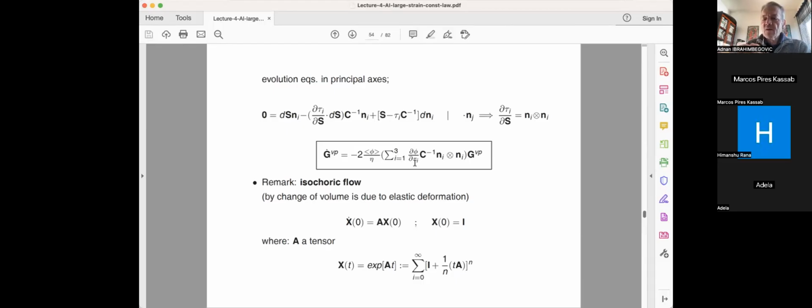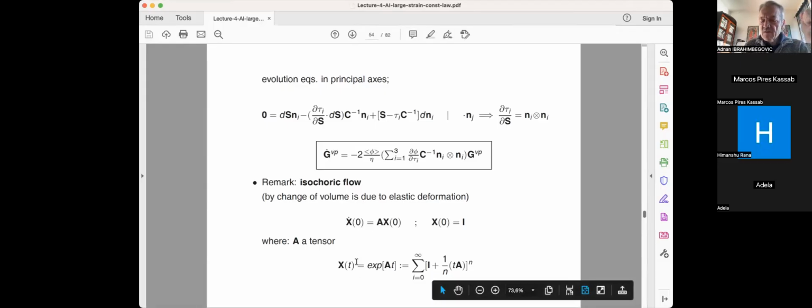When we started this, we did it with the Euler forward or a little backward and stuff like that. Another way, if you deal with tensors and you want to take into account something like J2 plasticity, which was the initial objective of our work, a very convenient integration would be to go through some kind of exponential mapping. Namely, if you have a function x dot equal to A of x and x of 0 equal to identity, you can basically write this in terms of